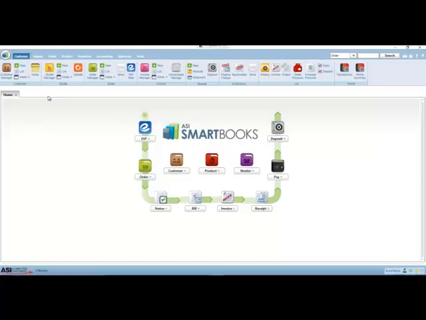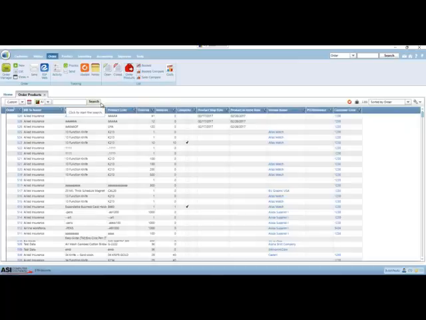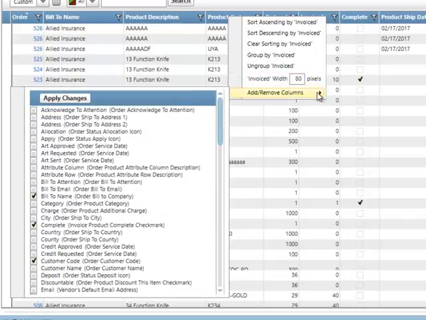From the Customer menu, we can go to Order Products under our List Control group. Under the Order menu, under List Control group, again, we can go to the Order Products. Under the Order Tracking Control group, we'll have the update for the Order Tracking List view. When I select either one of these list views, we'll go up to our column heading, right-click, we'll go to Add Remove Columns,